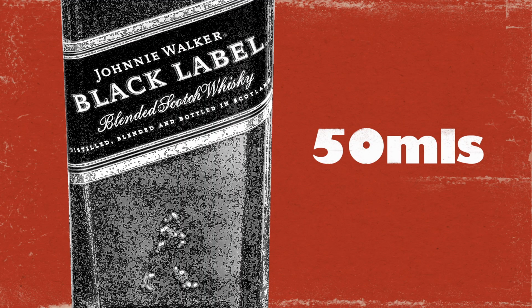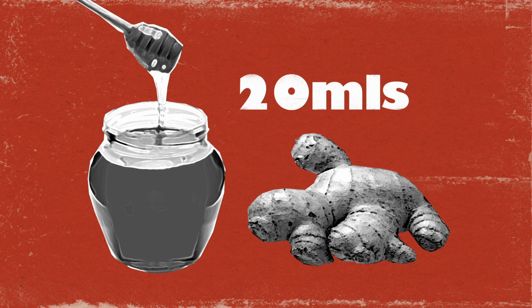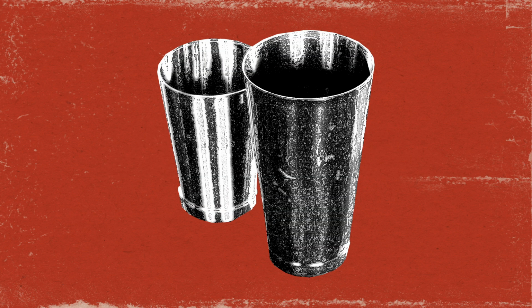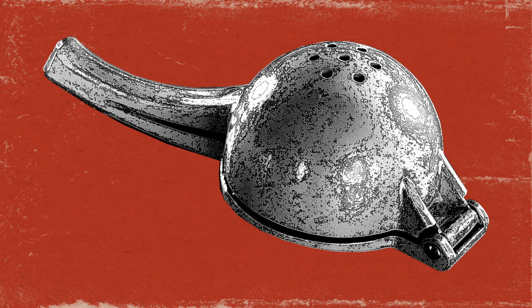To make this drink, you will need 50 ml of Johnnie Walker Black Label, 20 ml of lemon juice, 20 ml of honey and ginger syrup, and 10 to 15 ml of Ardbeg 10. You will also need a shaker tin, a hawthorne strainer, a fine strainer, a jigger, a citrus press, and some